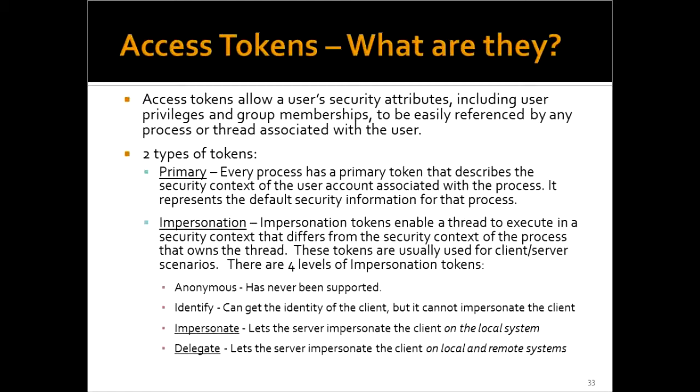So every token has to have a primary process, and every process has to have a primary token. That basically puts some parameters around the security capabilities of that process, what it can do, what it can get to, and things of that nature. Now there's also an impersonation token, and this is the one we need to focus in on. The impersonation token is used primarily for client-server scenarios where, for example, we're going to log into an FTP server, say a Microsoft FTP server. When we log into that FTP server, the process that runs the server is going to have the user's security constraints in mind